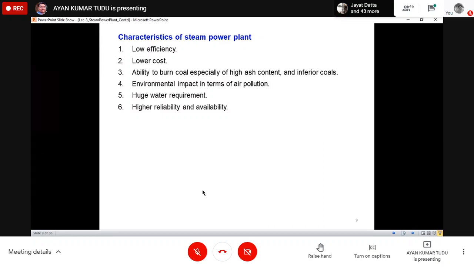Through our hydel power plants, the water will be flowing through the hydro turbines, the turbines will be rotating, and through the generators power will be produced. Now how will the water then go up? The water will be pumped up into the upper dam again when the load requirement in the grid is less.